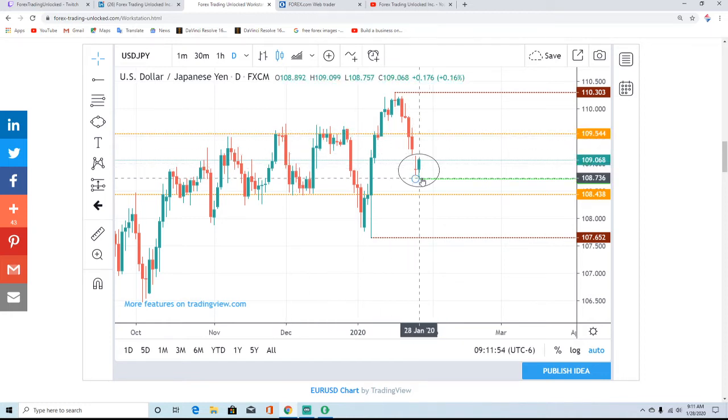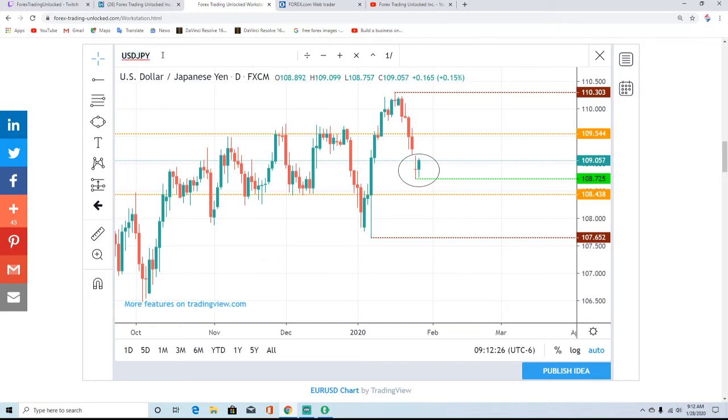So if this is a short-term low, then we definitely have a good shot at filling this gap right here that was set from the beginning of this week and challenging this upper resistance area. If we get above there, obviously that is a nice show of strength and would help to build the trend and keep this US dollar yen targeting higher move highs, breaching this 110 area, and then making a run for probably 111.5 up to 112 before it makes its way up to 113, because overall we are a bull for the US dollar Japanese yen.